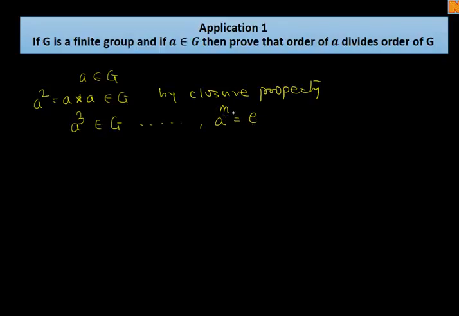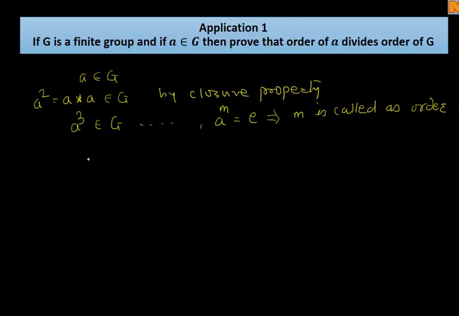Then this M is the least integer such that A raised to M gives E. That's why that least integer M is called the order of that element A,